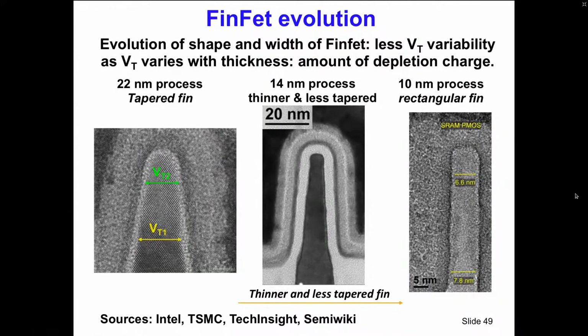The first generation had this tapered view, but the problem is that the threshold voltage now depends on this distance over here, and this distance is smaller than that distance. So what you would see is that the current would be flowing at low gate voltages over here and would then start stretching out in this direction, which gives all kinds of weird curves and strange things if you want to use it in the analog domain.